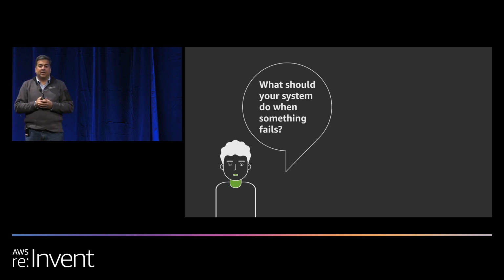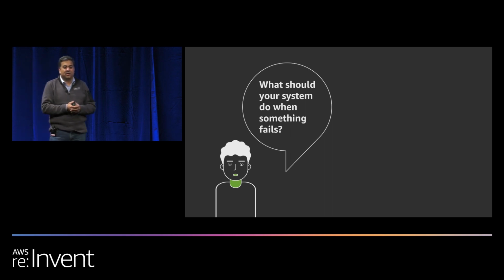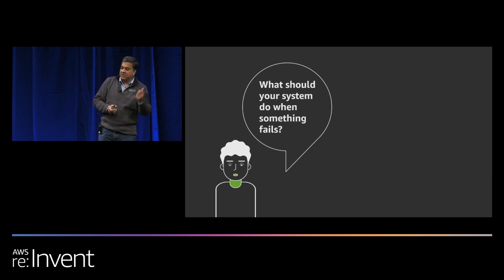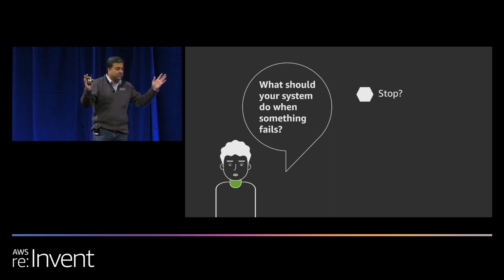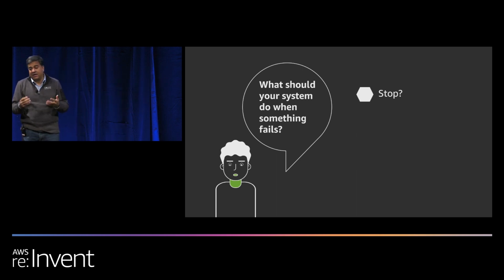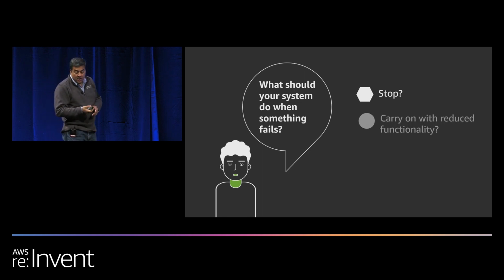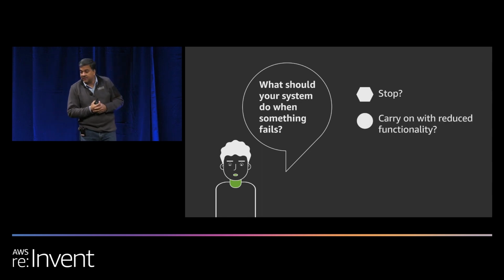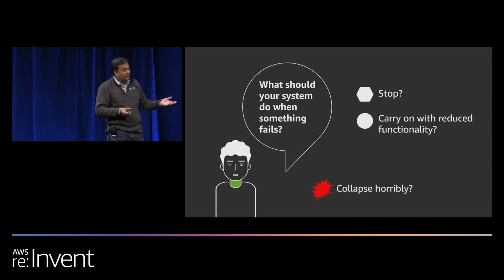I'll take an example. Suppose you have an application which runs on a computer, and suddenly a DIMM or memory chip in the computer fails. Well, your application could be smart and choose to stop and say, okay, I detected this failure and I'm going to save state and exit, give a notification, I'm going to keep the functionality. That may be good, that may be bad. We don't know. We'll have to figure that out. Or it could say, yes, I acknowledge that there's a failure, and maybe I will continue functionality with a reduced amount of memory consumption. I will isolate that DIMM out of my memory space if it can, and it'll continue to function, right? Or do nothing and then fail horribly, right?